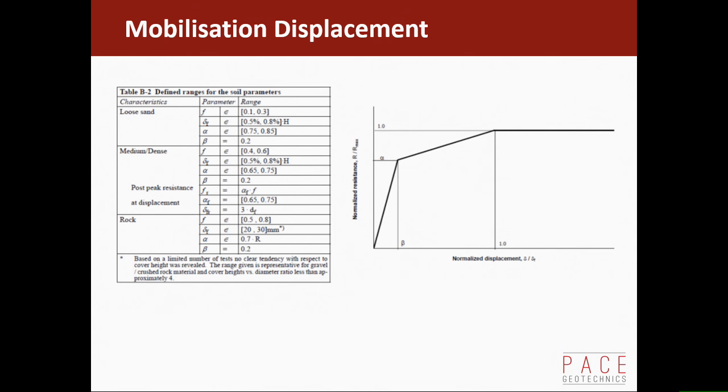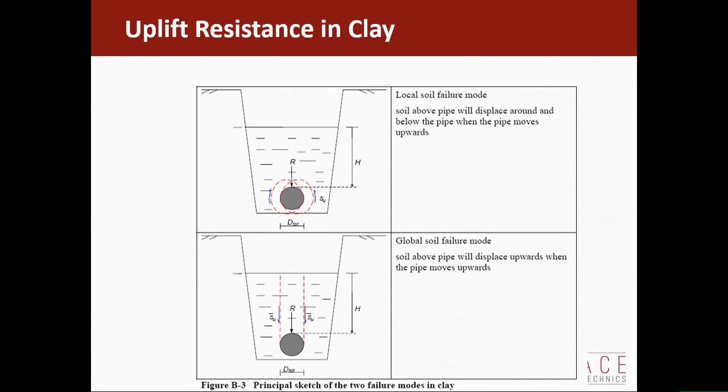And then there's similar values for medium dense sand and actually rock dump there as well. I've got a separate one on rock dump. Okay, now